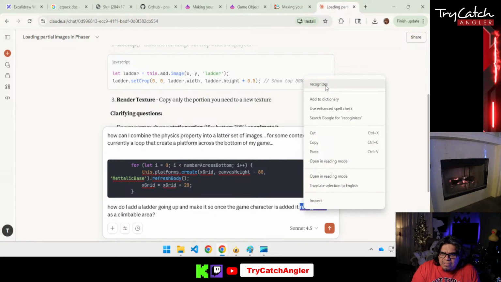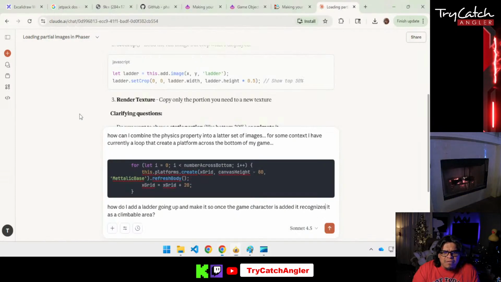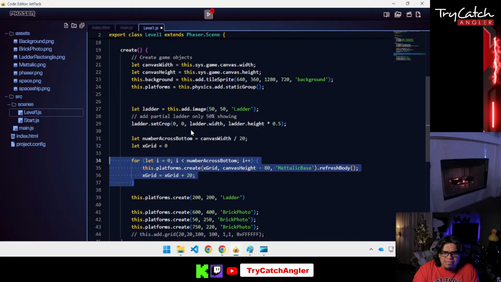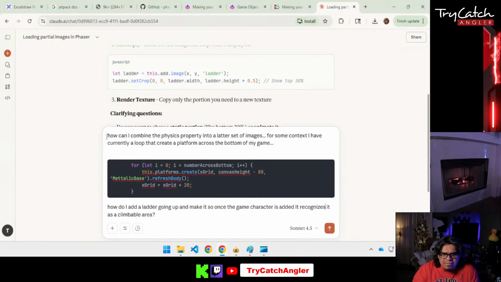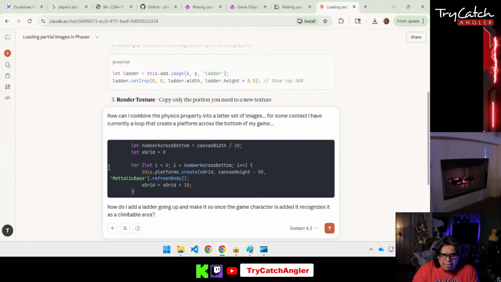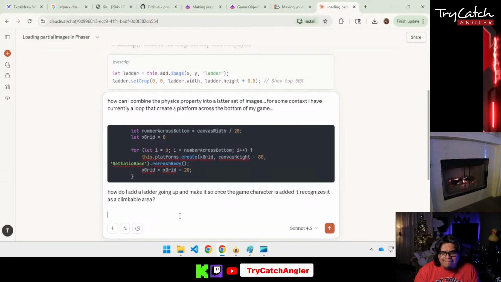I'm going to give it a bit more context than what I have there because I need to give this whole piece of the code, that way it knows what I'm talking about. Don't give me too much detail on the loop part. I just want to know how to load the ladder